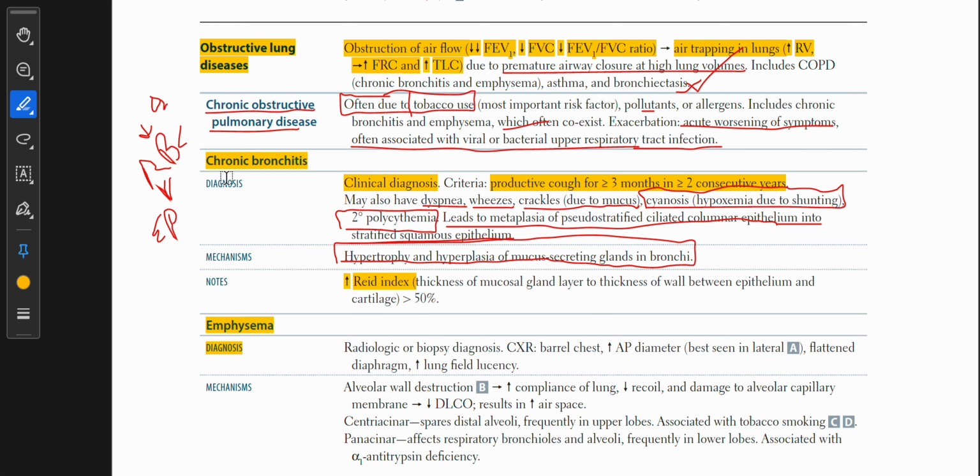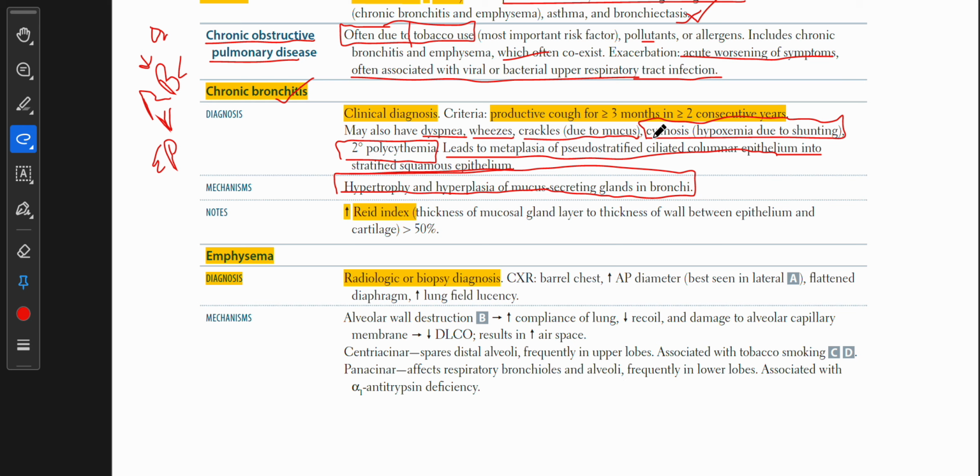So let's tap into emphysema. Emphysema has a radiologic or biopsy diagnosis. In radiology, we normally see barrel chest. Here I can add something: patients with chronic bronchitis are also called blue bloaters because there is cyanosis. In emphysema, they are called pink puffers because they breathe through pursed lips, and the chest X-ray shows barrel chest, that is, increased anteroposterior diameter, best seen on lateral X-ray, and a flattened diaphragm,